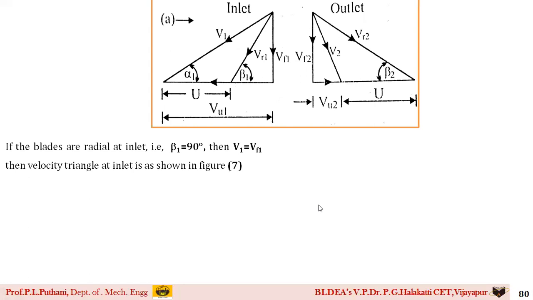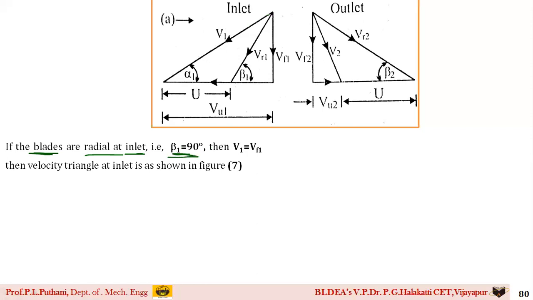Next condition. Now, if you observe here, he has said that the blades are radial. Previously the fluid was passing axially or radially. Now he is saying the blade. Please observe this term. Blades are with respect to the angles beta 1 and beta 2. Here he has said blades are radial at inlet, which means that in the inlet velocity triangle beta 1 is equal to 90 degrees.